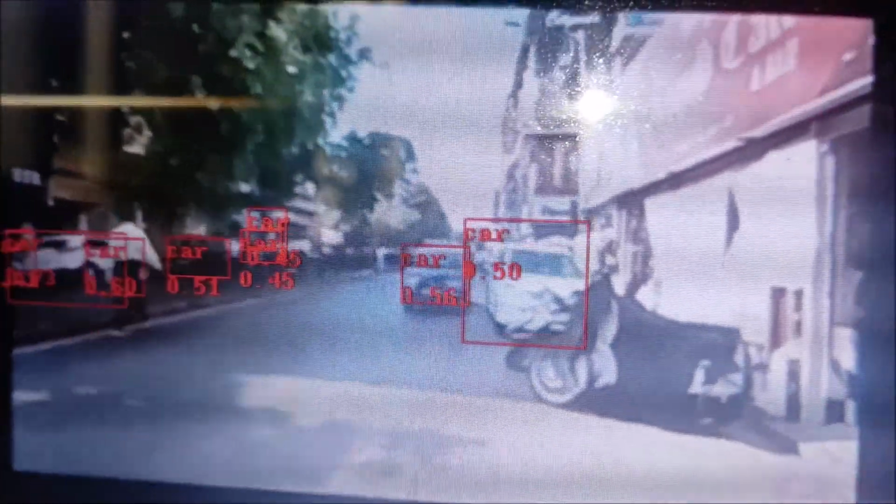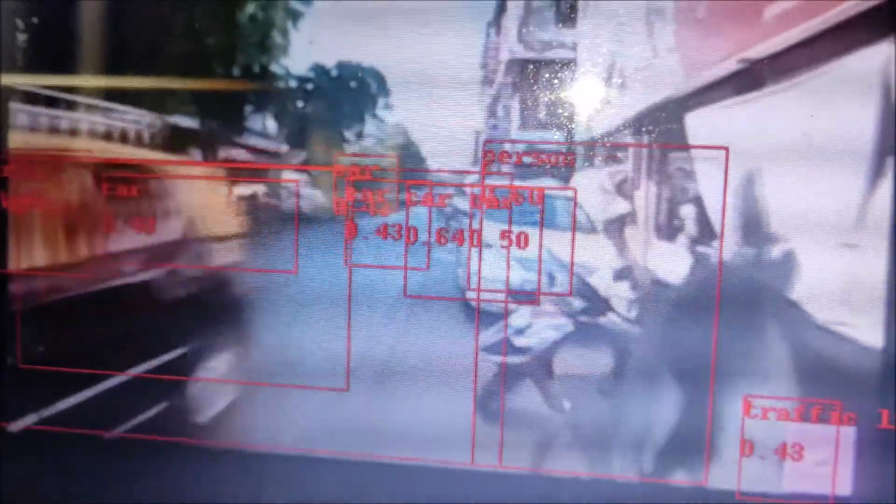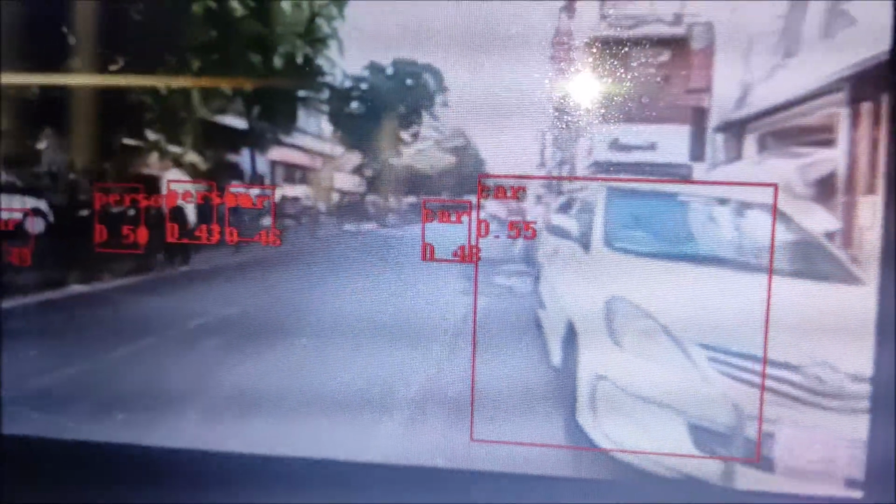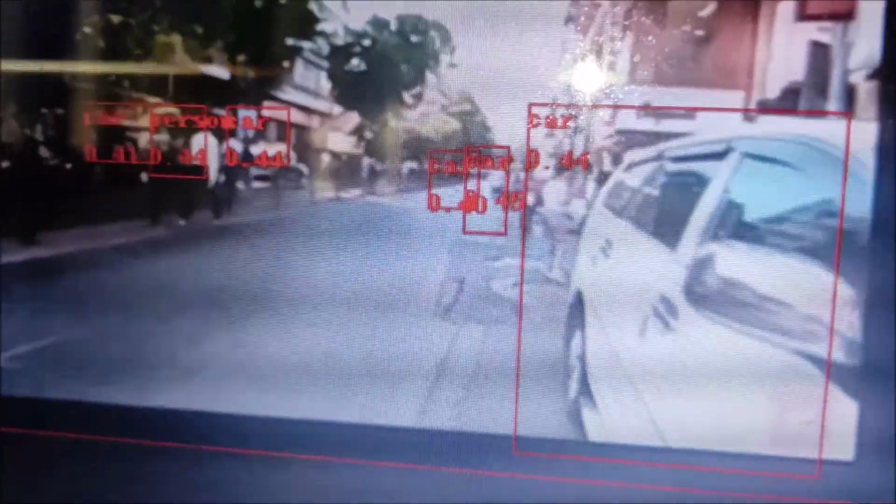The motorcycle is detected. As you can see, the motorcycle is also detected here. So friends, this is the way you can use TensorFlow Lite for detecting objects live, using the Raspberry Pi 4 camera module. You can also use a Raspberry Pi 4 HD camera module for better clarity.